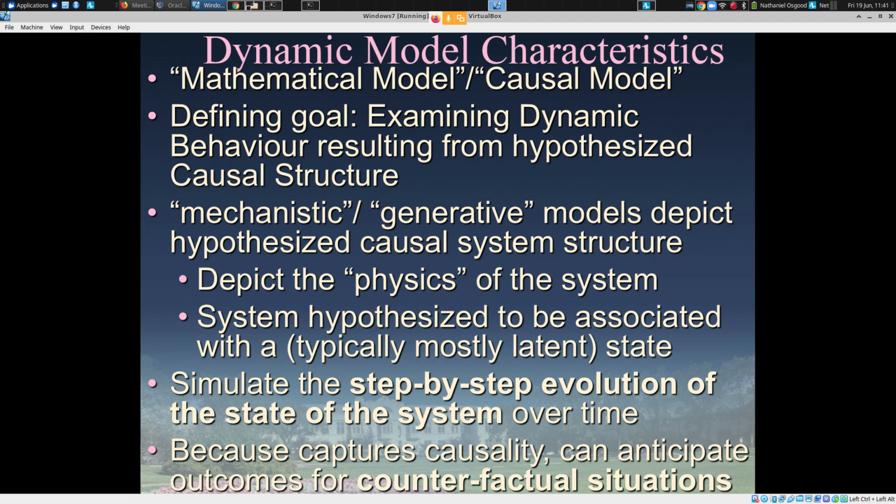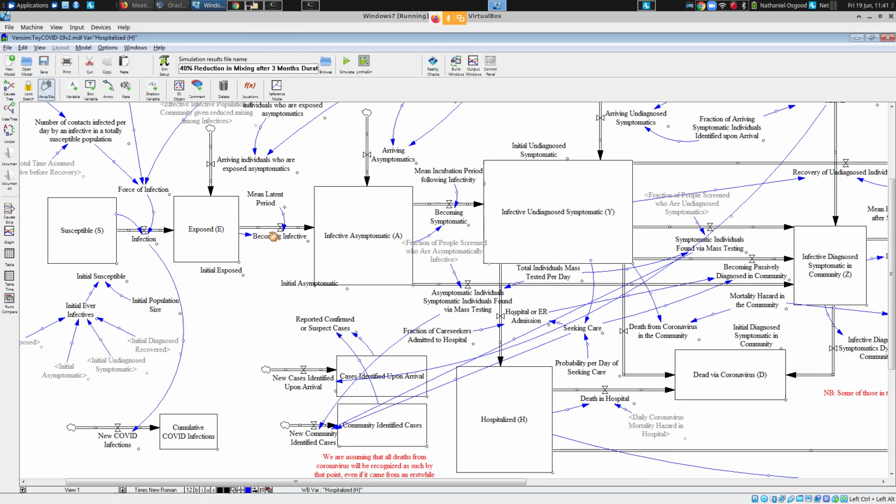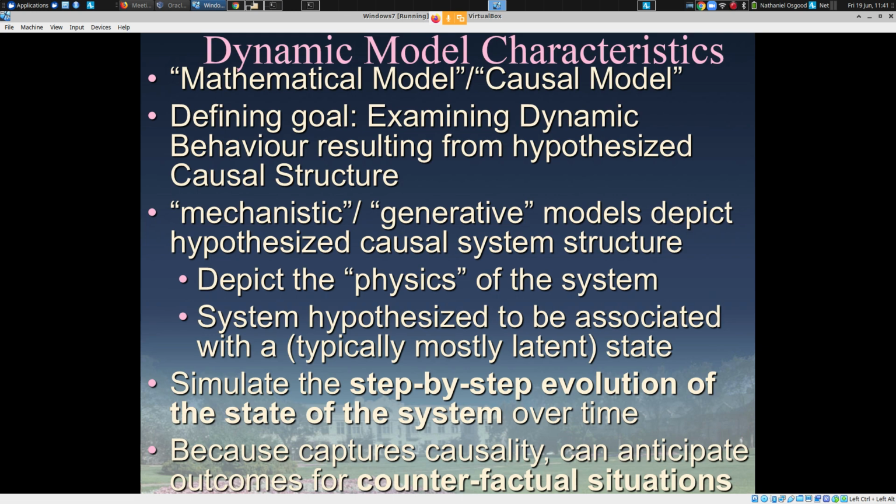So they let us take causal structure and say, what is the implication? Go figure, tell me what the logical implications of this are. And these models do so in a generative way. They kind of depict the physics of the system. What's going on out there? That's what this depicts. It's a depiction of what's going on out there in the world, what we hypothesize to go on. Not because we know it's right, but because by hypothesizing we can more quickly find out if we're off base. And they simulate, step by step,